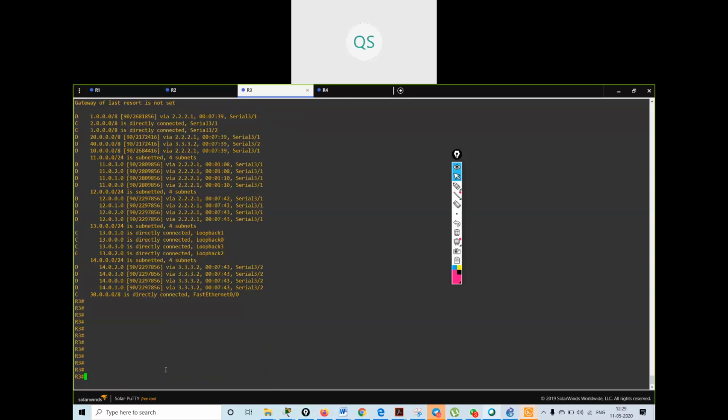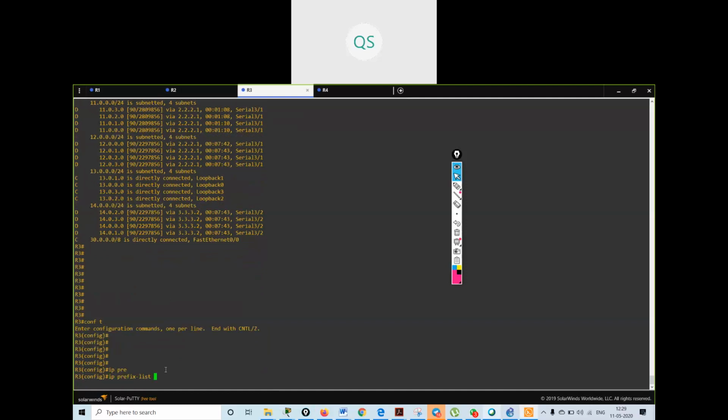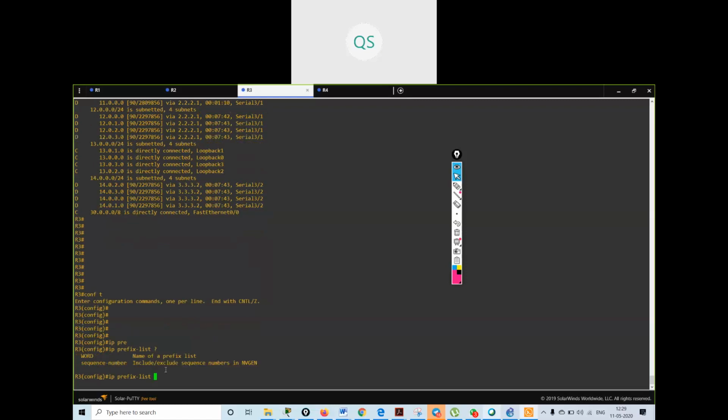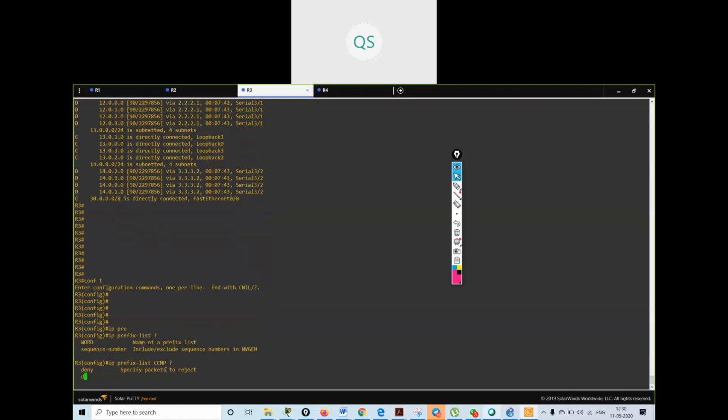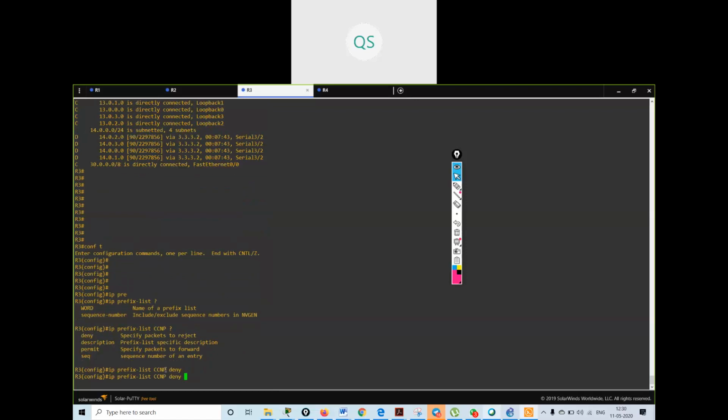Now I will go on R2 and the command is ip prefix-list. Any name I can create, suppose I give CCNP. Then I have to deny. Deny what?